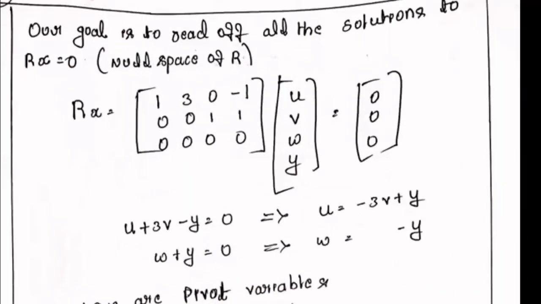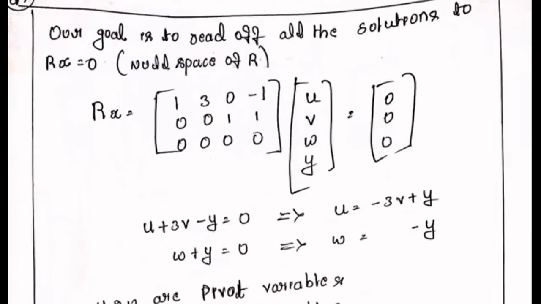So our goal is to read off all the solutions to Rx equal to 0. We did all this circus basically to find the solutions for that equation, okay? So now I have taken that reduced row echelon form. R represents the reduced row echelon form, whereas U represents the echelon form. I will take the reduced form because that makes your life easy. You can solve the matrix very simply. Since this is a 4 cross 4 matrix it is easy, but if the matrix size increases to 10 cross 10 or 100 cross 100, this becomes handy, okay?